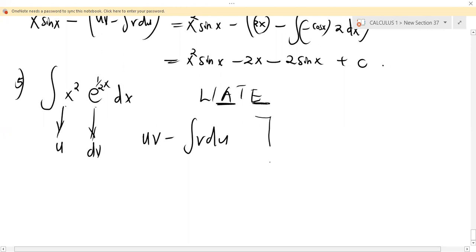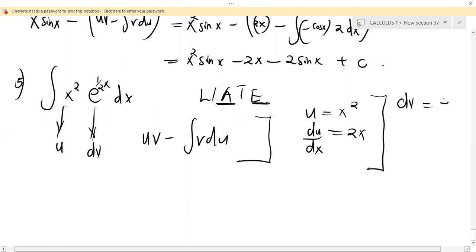So I'm going to identify the values that I need in the formula. If u is equal to x squared, then du dx is equal to 2x. Now, dv in this case is equal to exponential a half x. So v is equal to a half exponential a half x. Replacing these values into the formula, we have uv. Our u is x squared multiplied by v, which we've gotten to be a half exponential a half x